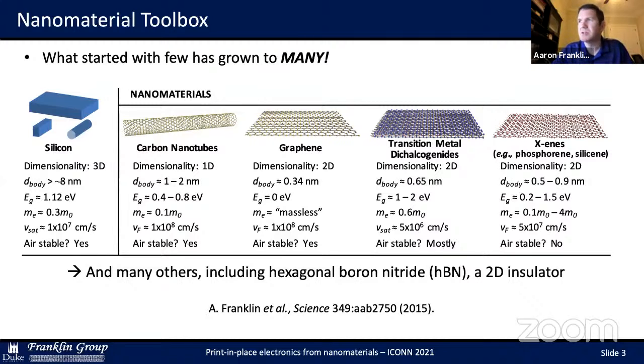I mostly mean materials that are by their very nature low dimensional. And those are the materials broadly categorized in the 4 quadrants over here on the right side of this table. It also can include nanostructures, such as nanostructured silicon or metal nanostructures that are used a lot in printing. But they have less of these low dimensionally derived features and properties that would be used. I also miss many other categories. For instance, I'll talk about hexagonal boron nitride as a 2-dimensional insulating material that you can use as inks.